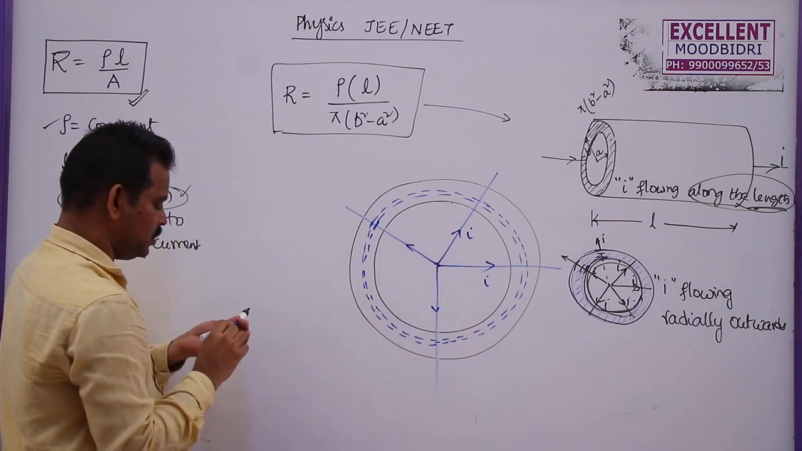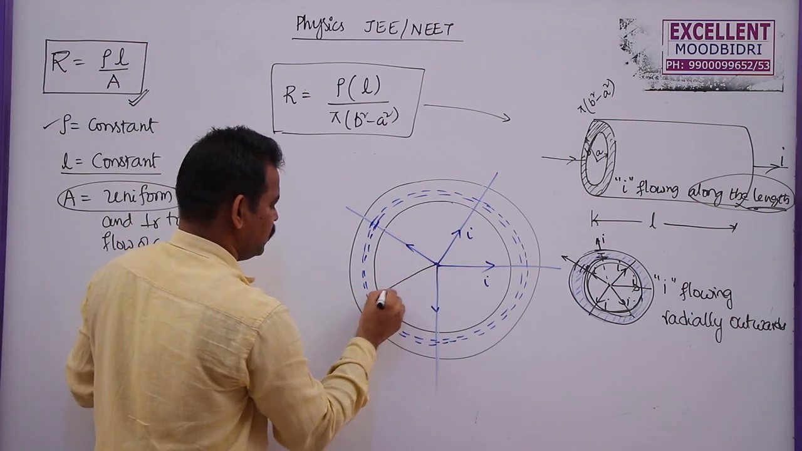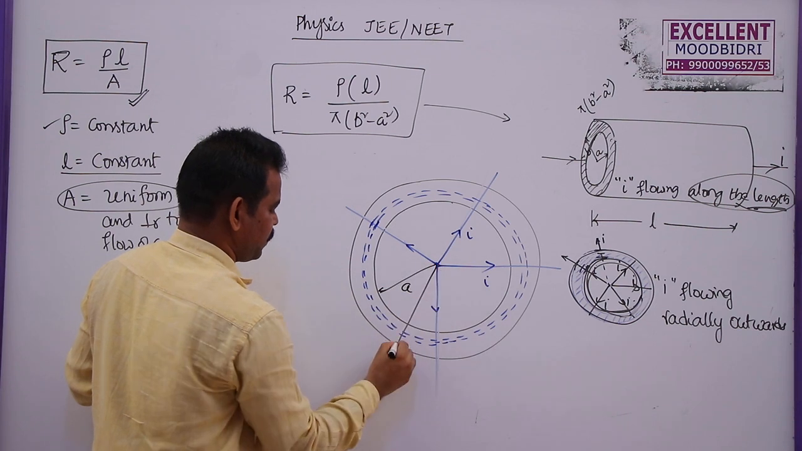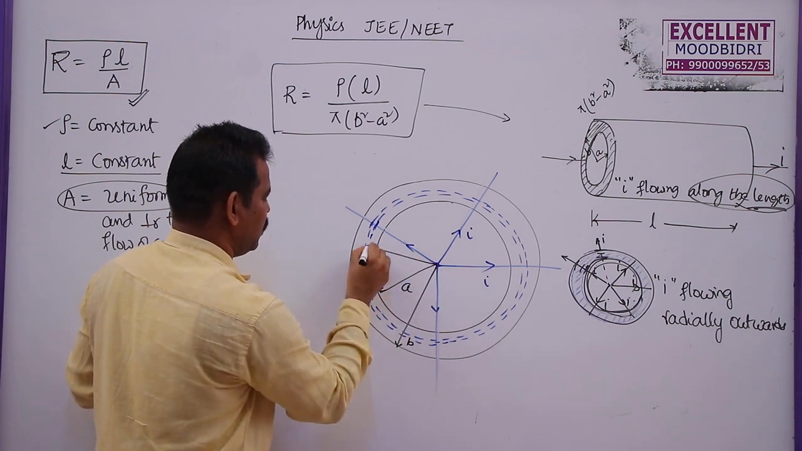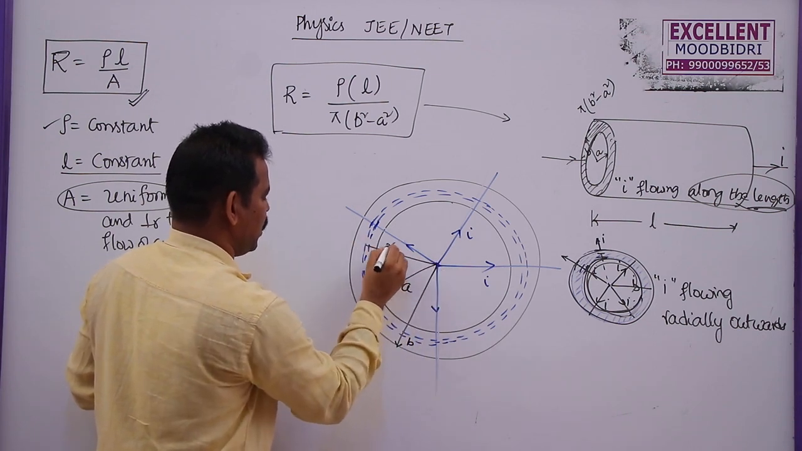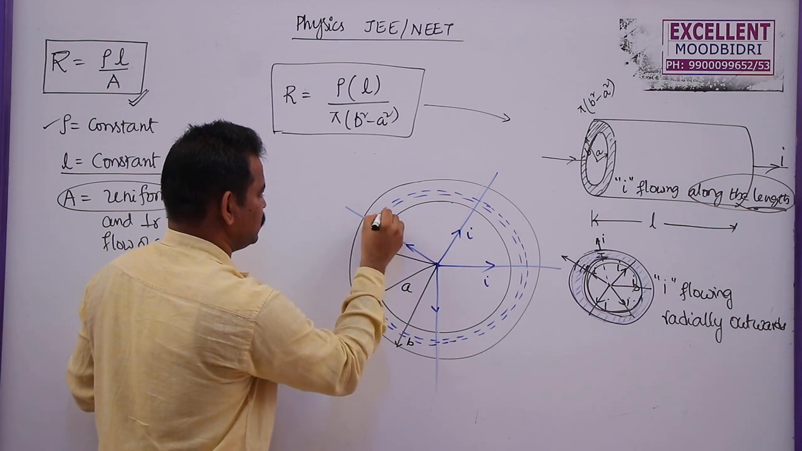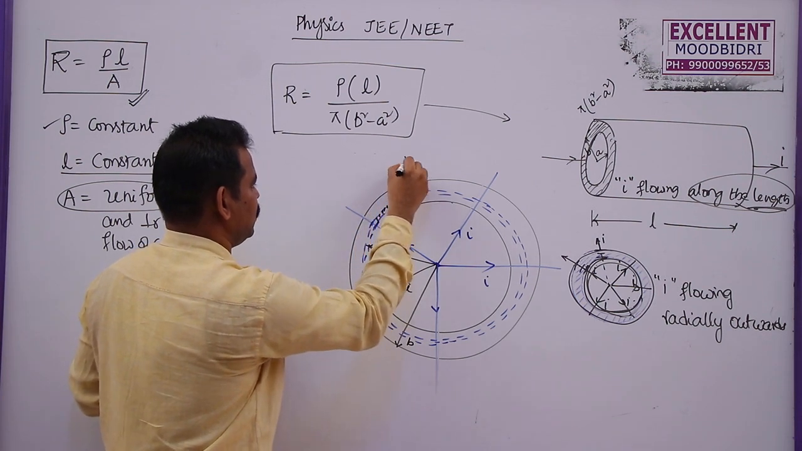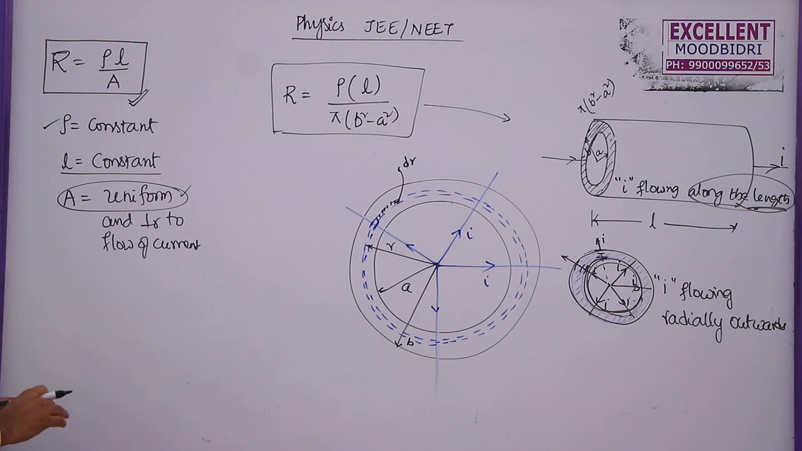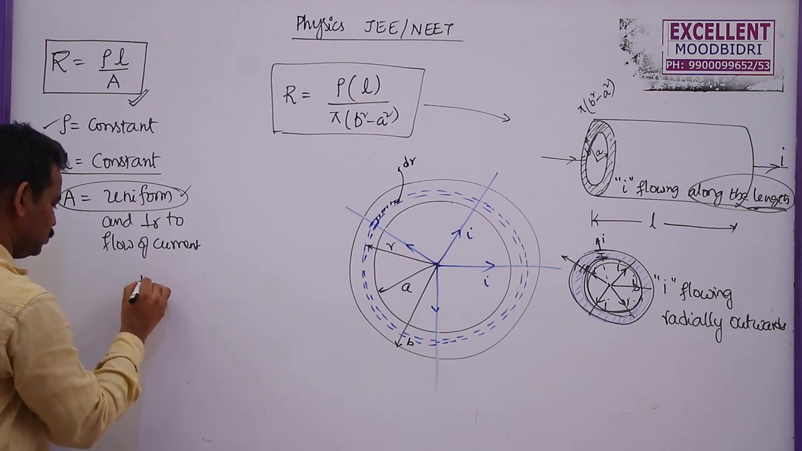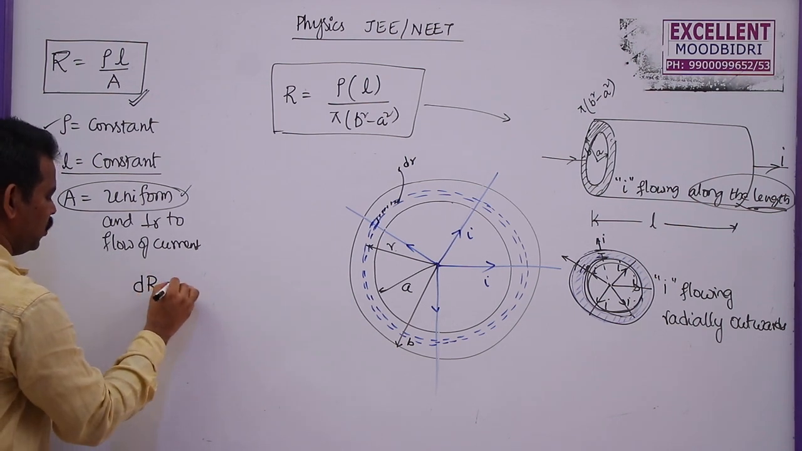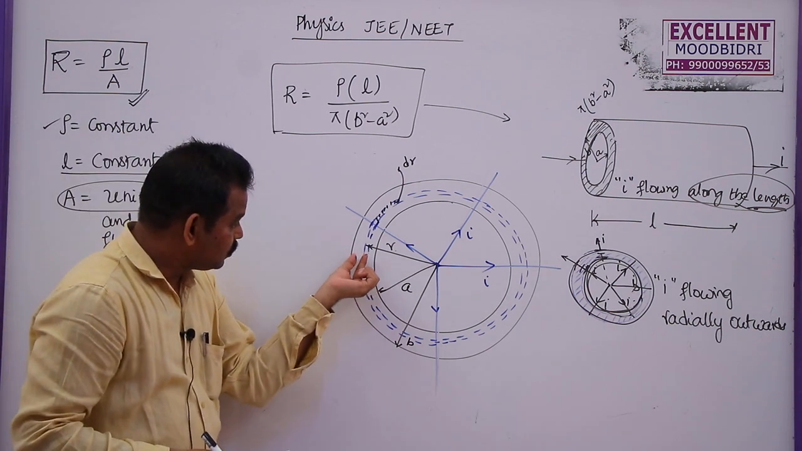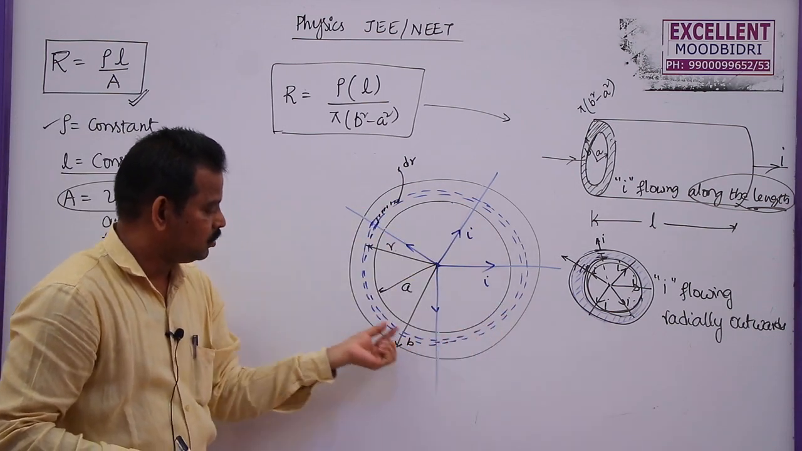Actually, the inner radius is A, outer radius is B. So, this is A, this is B, and this will be r here. And the thickness of this one is dr. Now, first I need to find out the resistance of this thin strip, a small strip within